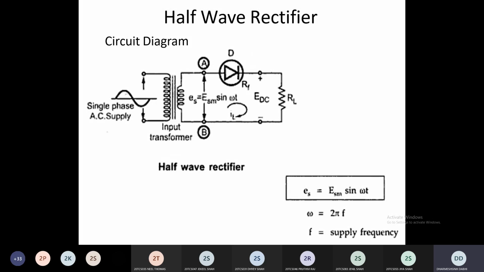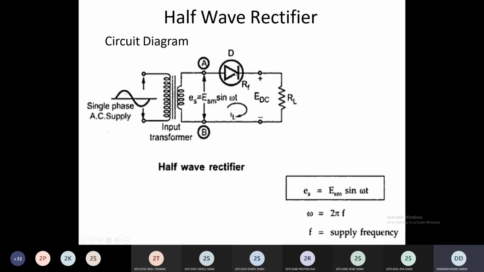It means the first quadrant, when you apply positive voltage at the anode with respect to the cathode. So as you can see here, the supply has a first positive half cycle, then the negative half cycle will start. The same supply is transferred to the secondary side with the same phase. So in the first positive cycle, your upper terminal is positive and lower terminal is negative. It means the anode of this diode is connected with the positive of the supply, so the anode is more positive as compared to the cathode. It means your diode comes into forward bias mode.